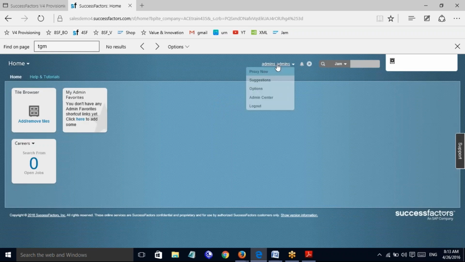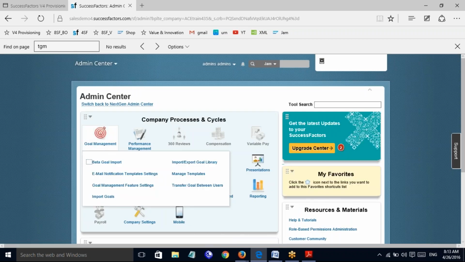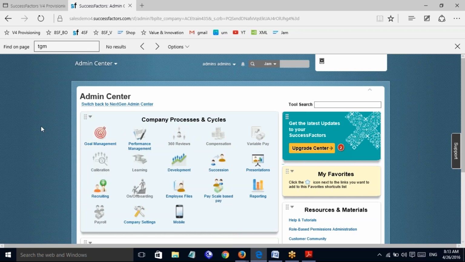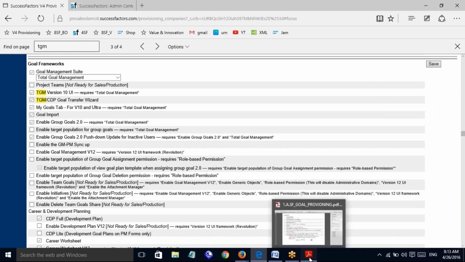When you click on admin center and click on goal management application, you can see goal management feature settings, import goals, transferring the goals between the users, manage the templates, import export goal library and so on. So we'll see all these directly within your instance itself, but we'll also cover other settings as well.